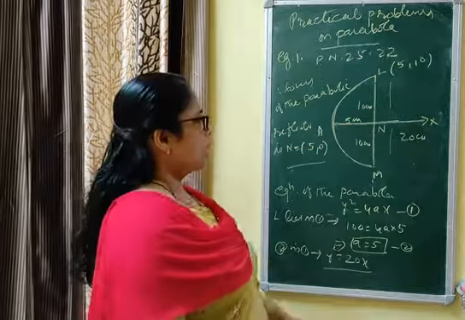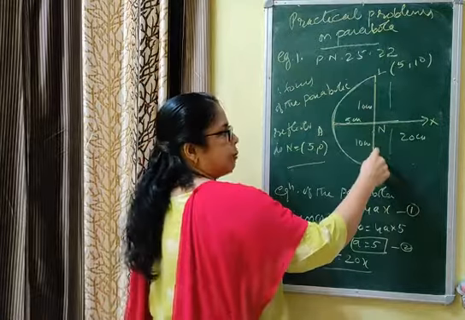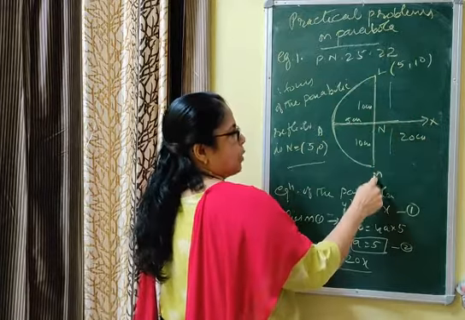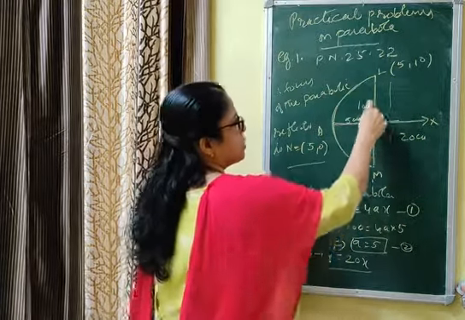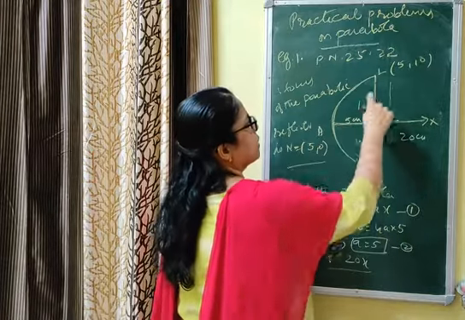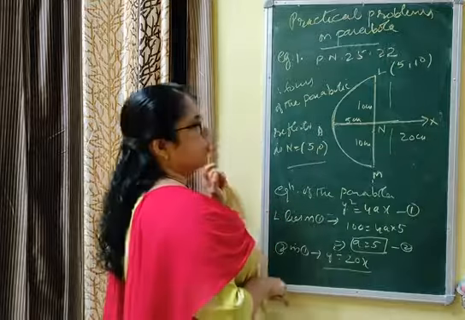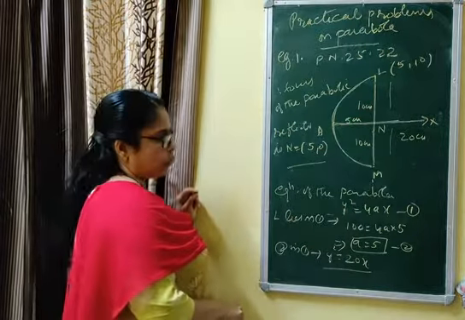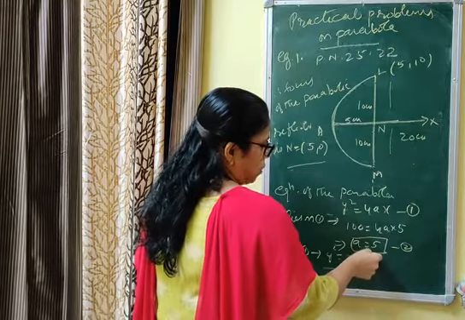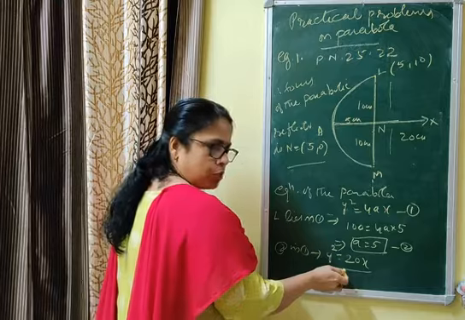Now how can we know that N is the focus? Since you know that this is the diameter and this is the axis, and these 2 points are lying on the parabola, this is the latus rectum because it is symmetrical, and this distance is given as 5 and this distance is given as 10. Since it is a right-handed parabola, we use the formula y square equal to 4ax. By putting the coordinates of L, we got the value a equal to 5. There is no need of finding this one, but still we have found it.